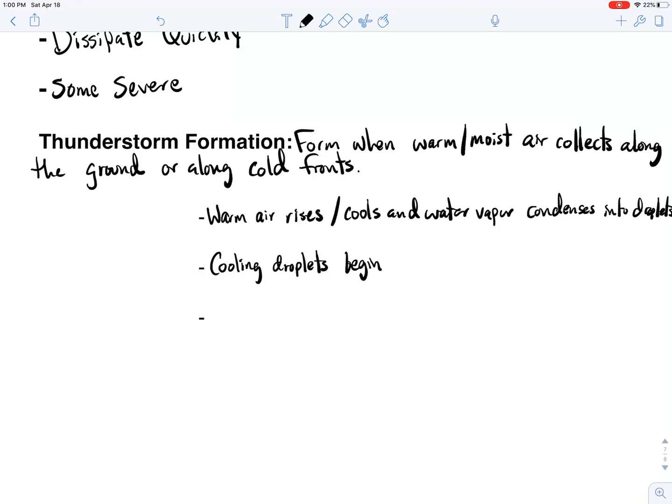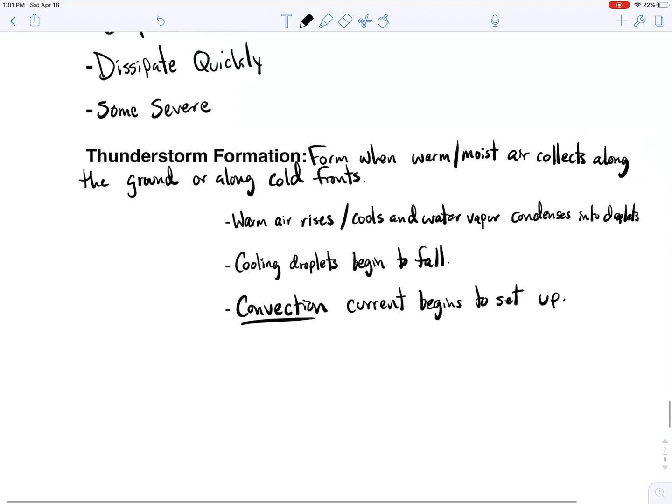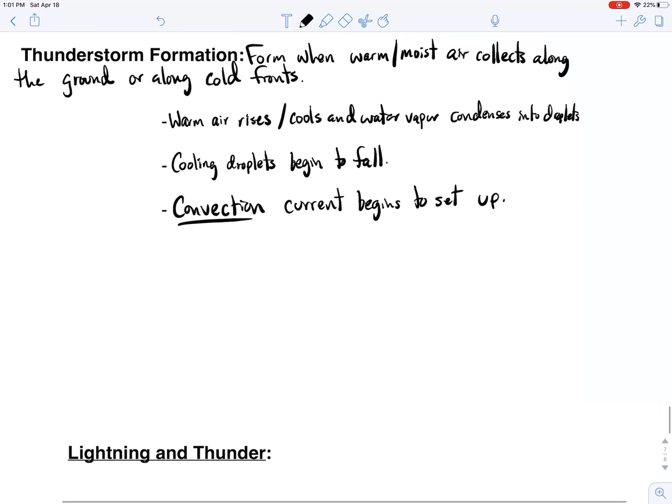Those cooling droplets begin to fall, and what we get is, everybody's favorite, a convection current begins to set up. And let's draw that here, and let's think about exactly what's going on during a thunderstorm,